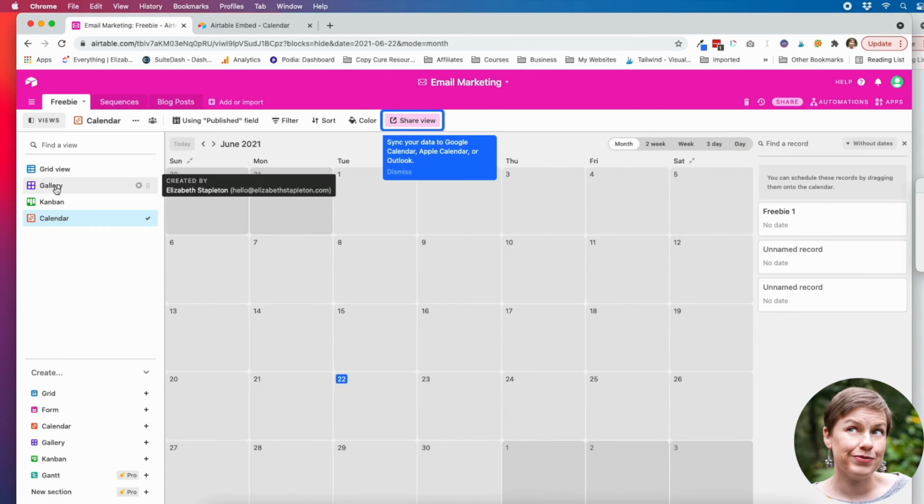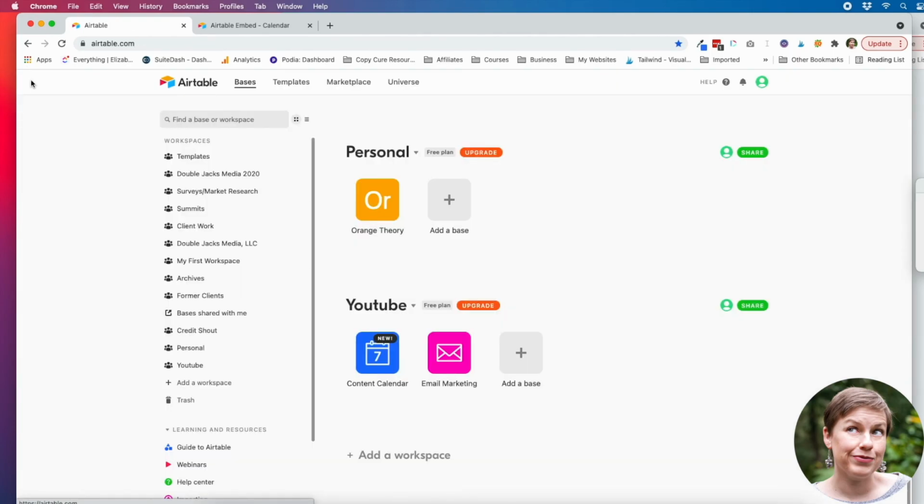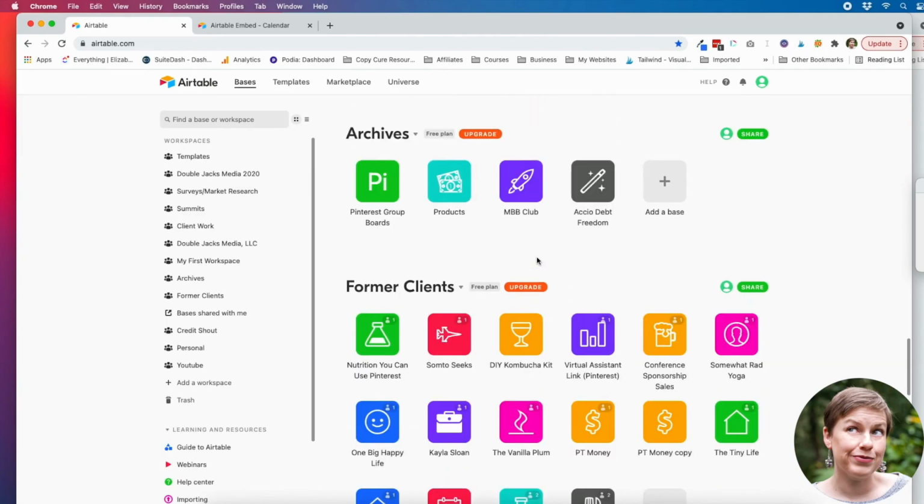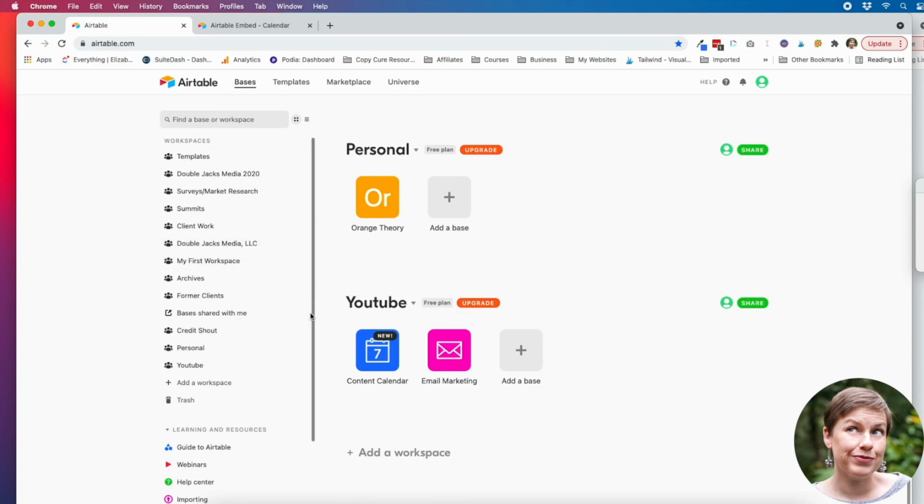All right, so with the free plan, you can actually do an unlimited number of bases. But the bases do max out at 1,200 records. That's the only place where I've run into issues, is I do max out depending on what I'm doing. And so on more than one occasion, I'll just create a new base and have it continue rather than upgrading. So that's one way around it. And it does allow for 100 automations a month, which is similar to ClickUp. ClickUp has the same thing on its free plan.